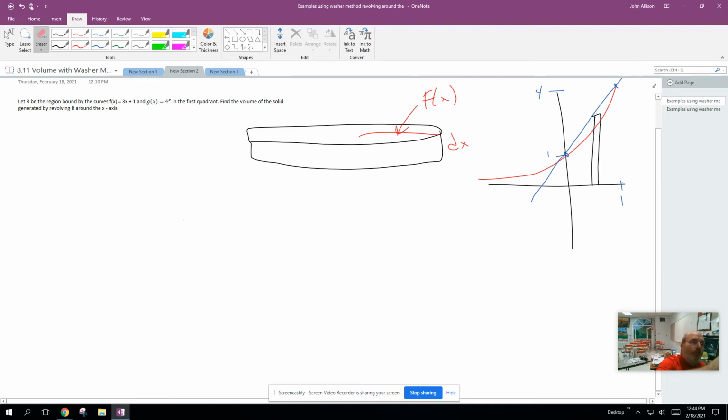So to get the volume of one of those disks, the big disk, I'm going to have pi times the radius squared